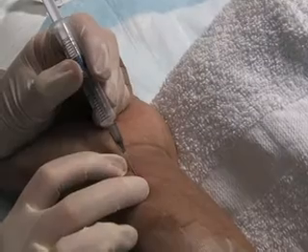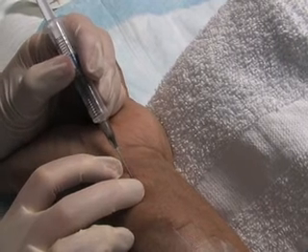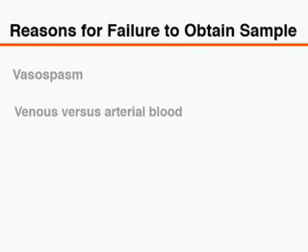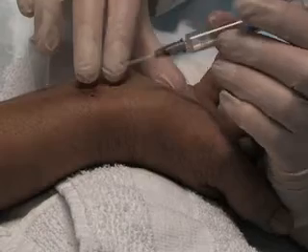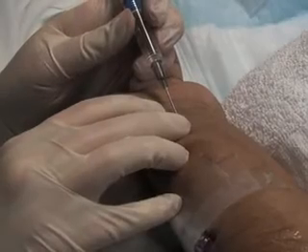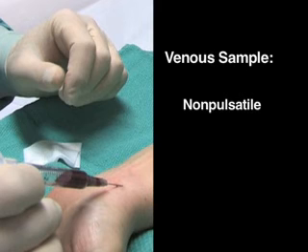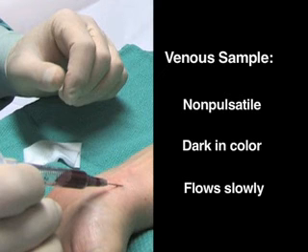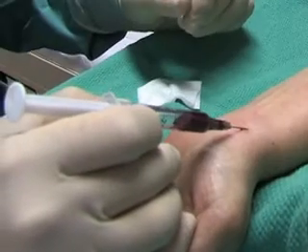The most common technical difficulty associated with radial arterial puncture for arterial blood gas analysis is failure to obtain a blood sample because of vasospasm, or obtaining venous instead of arterial blood. If vasospasm is suspected, abort the procedure and reattempt it on the other wrist. A blood sample is likely to be venous if it is non-pulsatile and dark in color and it flows slowly. It should be noted, however, that very deoxygenated blood in a patient with hypoxemia could also appear dark, even though